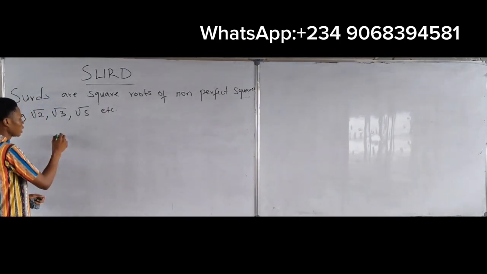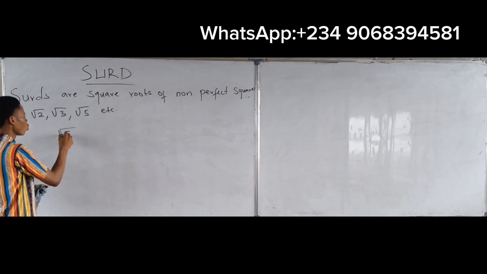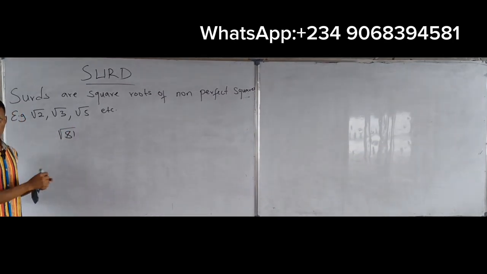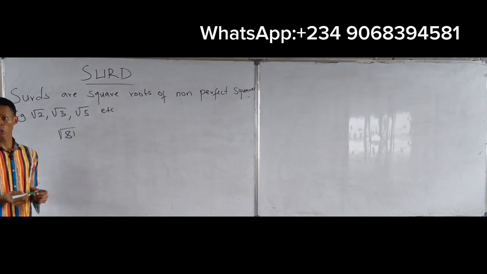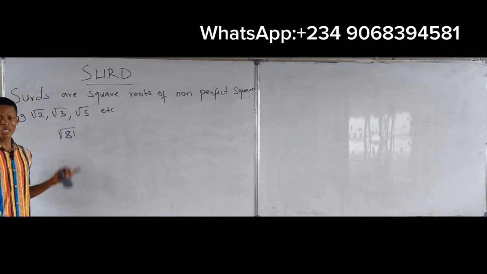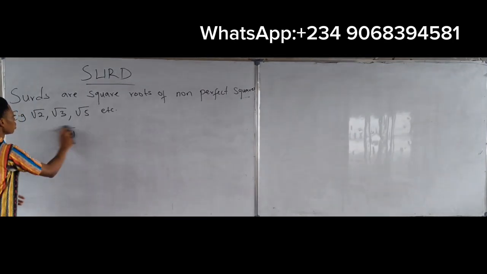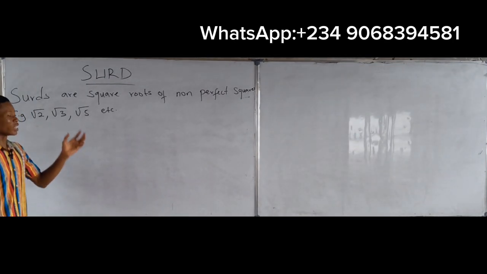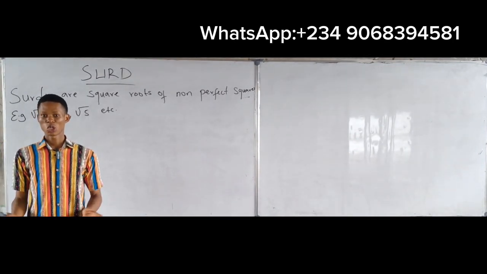So if I may ask, is root 81 a surd? No, right? Because root 81 will give us what? 9. This is a perfect square. So this is not a surd. Good. So today we are going to be looking at how we can play around with surds. That's just it. So we're playing around with